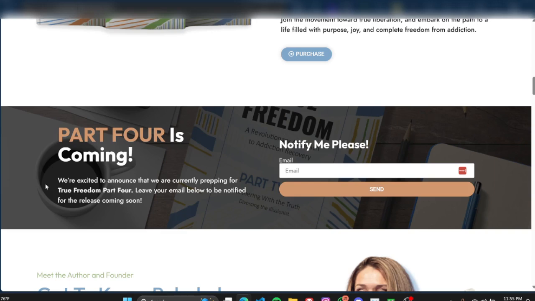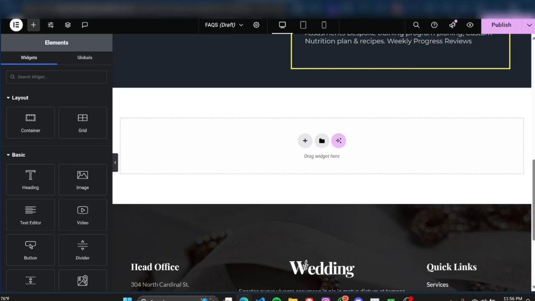This is a call to action section where it's literally telling people what's coming or what's going on, and then here is the action that the viewer needs to take on the website. And this can be anything. Your call to action does not necessarily have to be an email sign up. It can be a book button, it can be a buy button. So your call to action can be whatever it is in regards to your actual website. But yeah, so we're going to be making a 2-column section and a call to action, and with that